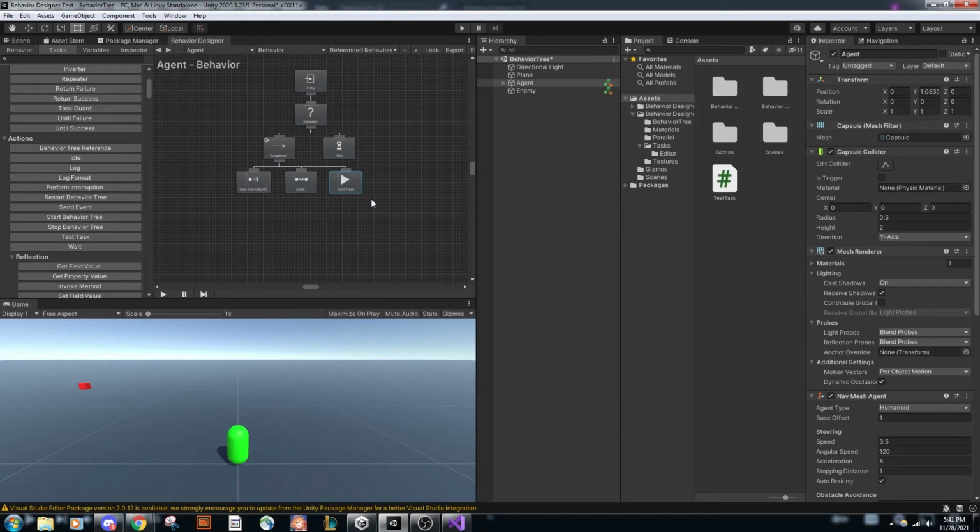Pretty self-explanatory. They do something. You saw the log, you've seen the idle, you've seen the wait. They don't continue to branch. As you can see, they don't have a bottom tab and they never connect to anything. Actions are done, and then they will return a success or a failure. However, you saw decorators, which essentially modify the branch below them, and you saw composites, which help branch